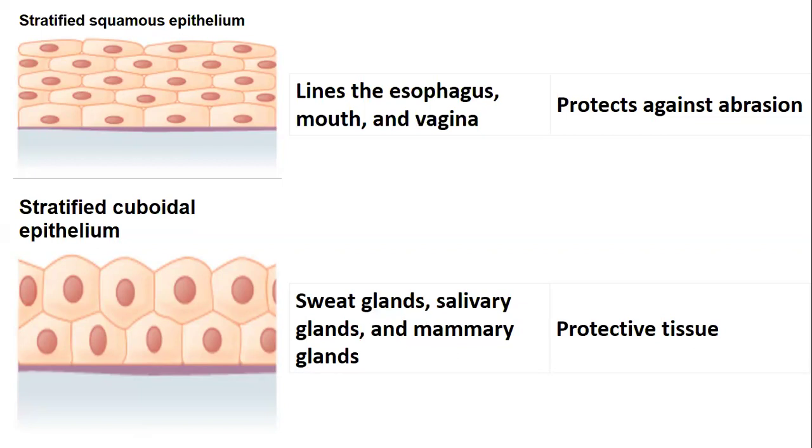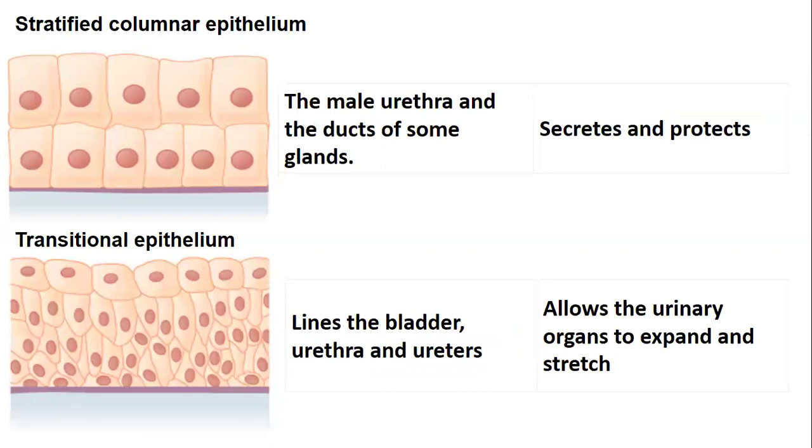Stratified cuboidal epithelium, there is a shape there, okay? It's found in the linings of the sweat glands, the salivary glands, and the mammary glands. And these function to protect the tissues. Others are known as stratified columnar epithelium. There's a shape there, okay? The male urethra and the ducts of some glands are where they are found, and their job is to secrete